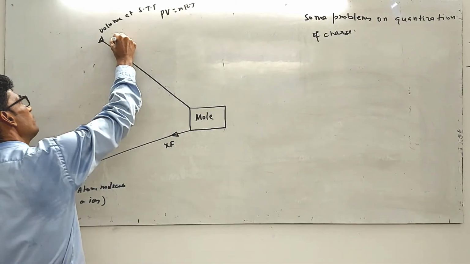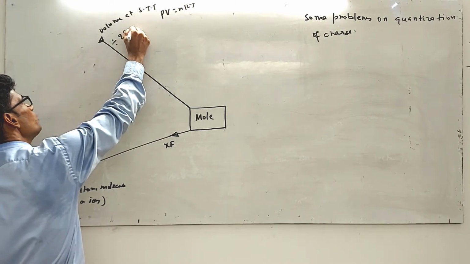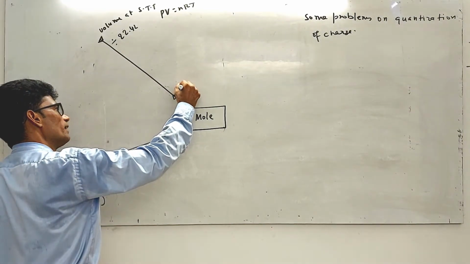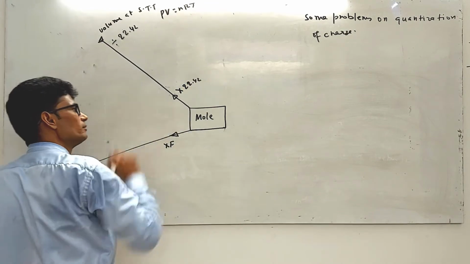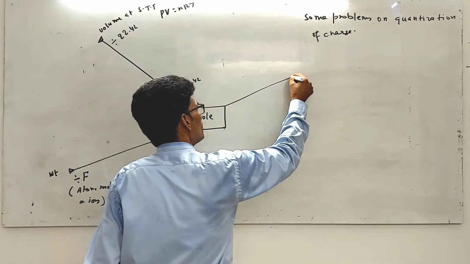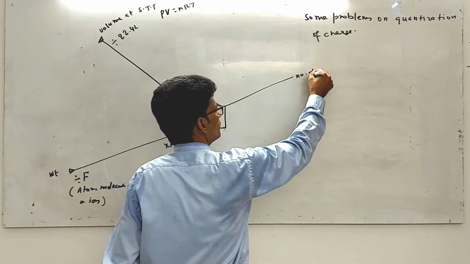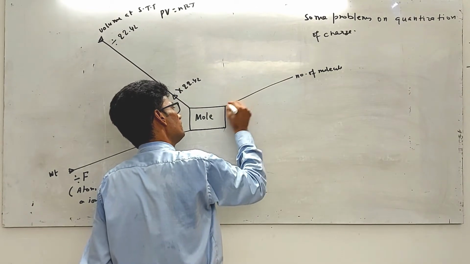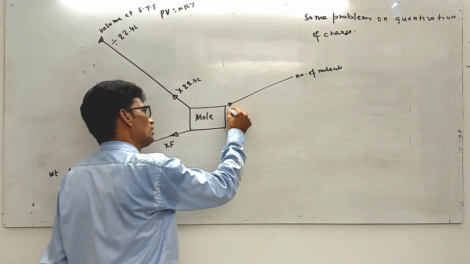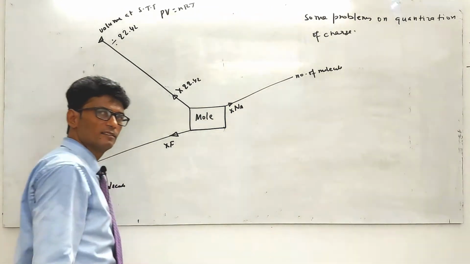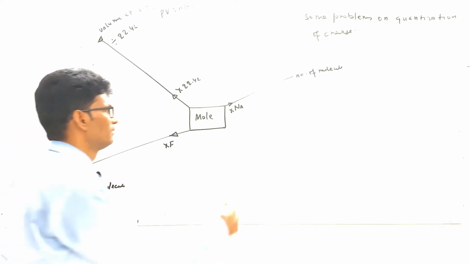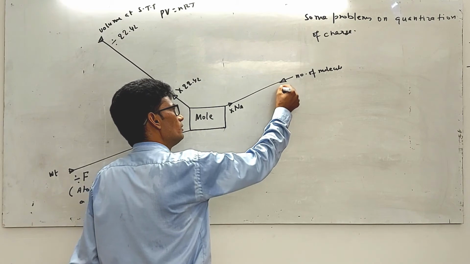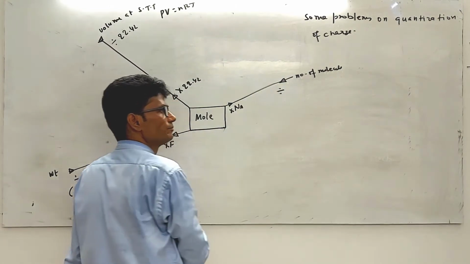So to come to the mole, divide by 22.4 liter. If we go away from that, multiply by 22.4. So here is the number of molecules. What does it mean? If we go from the mole there, we multiply with the Avogadro number Na, coined by Jean-Baptiste Perrin, and if it comes from here, divide it by what?